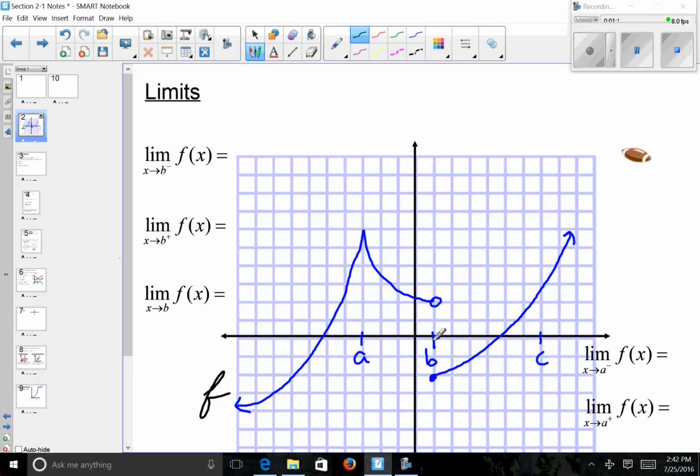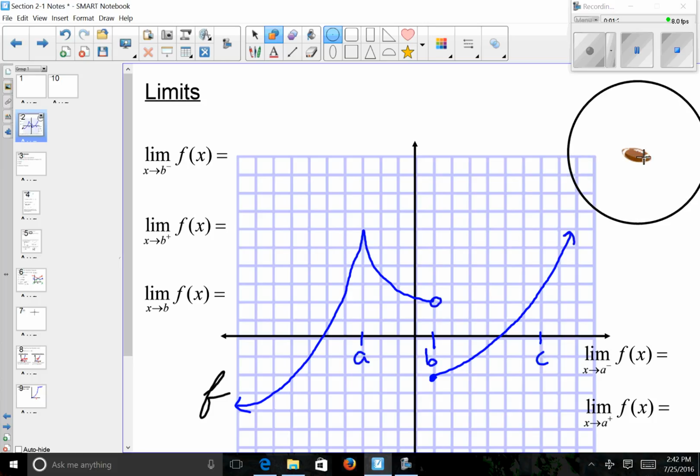If I were to look at when our x value is b, I can see there's a discontinuity here. And I want to look and see what is my function value. In other words, what are the y values approaching as the x's get closer to b from the left. So the easiest way to do this,